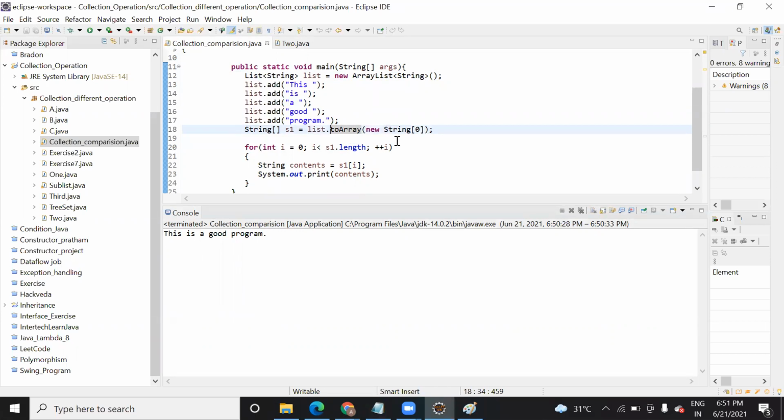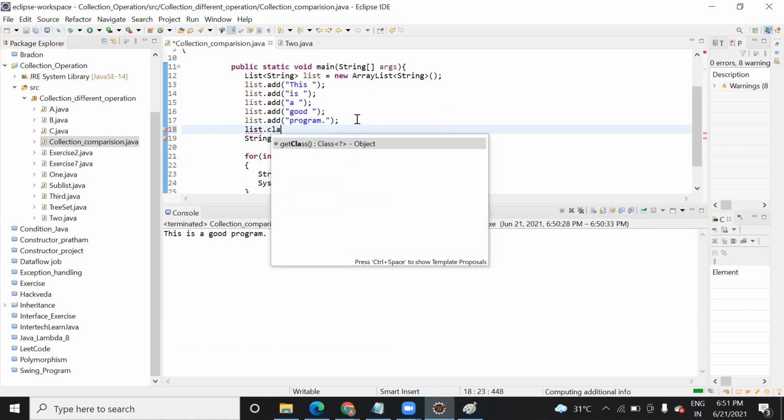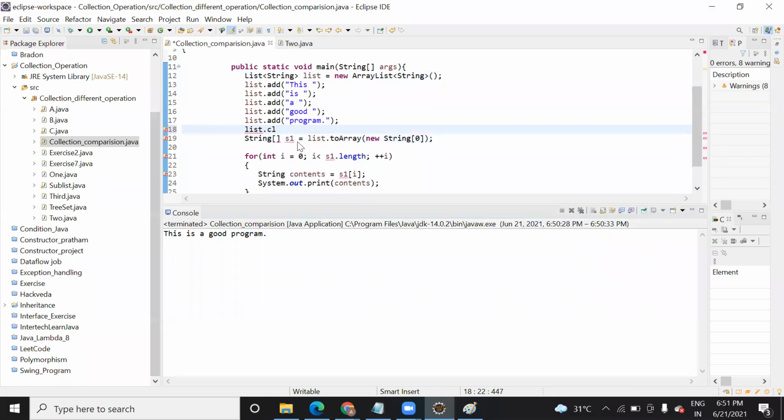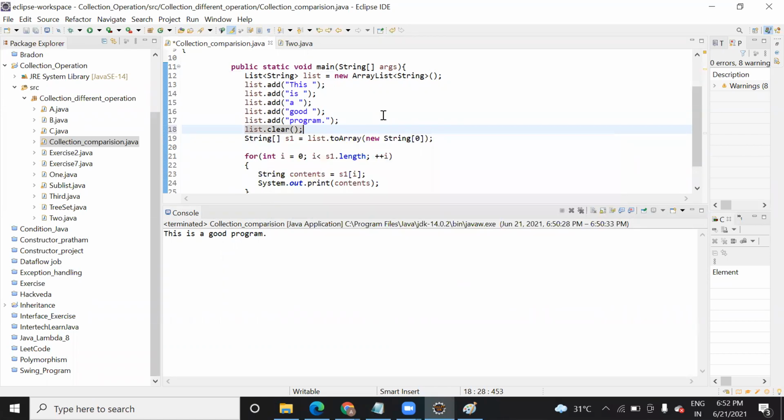Not difficult in the sense that the length of the code will increase. But in a collection, you can do a similar thing with list.clear. This clear function will remove all the elements from the list. And that is the reason it is easier to use the collection.